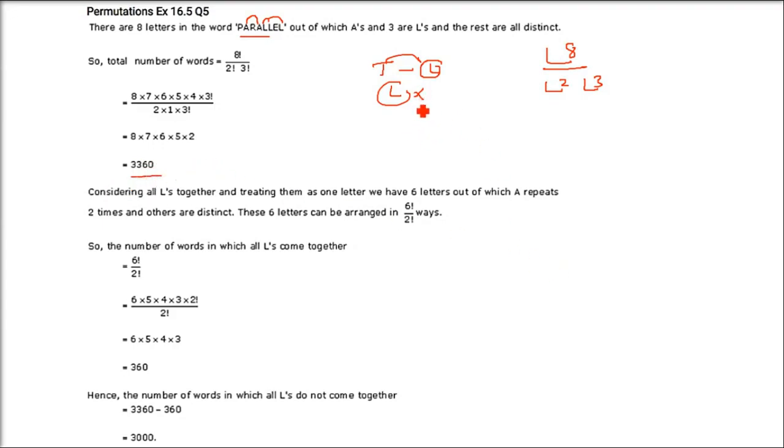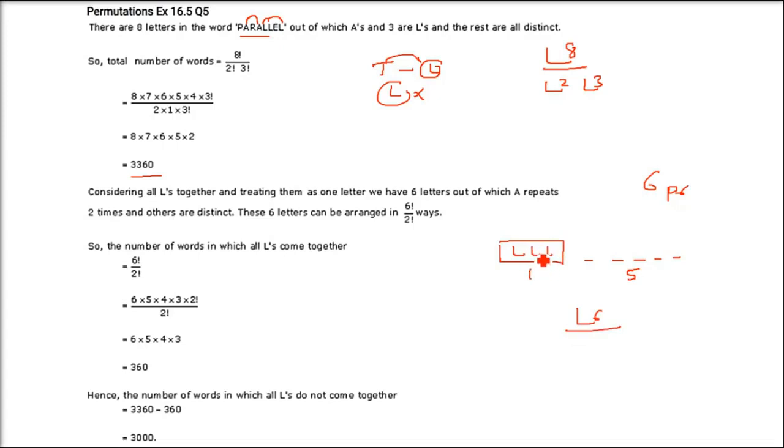Now coming to, we fix that L are together. So 3 L's are together, fix them together. So 3 L's are there. How many are remaining? When we have taken 3, only 5 are remaining. So this is 5 positions, 1 for the L, triple L. So altogether we have 6 positions. We have 6 positions in all. Now in this 6, what we have to do? We have to arrange them. So 6P6 is the total one.